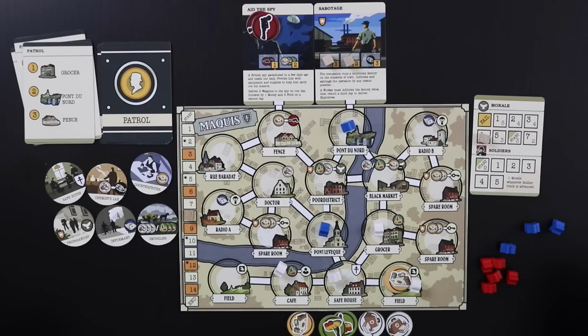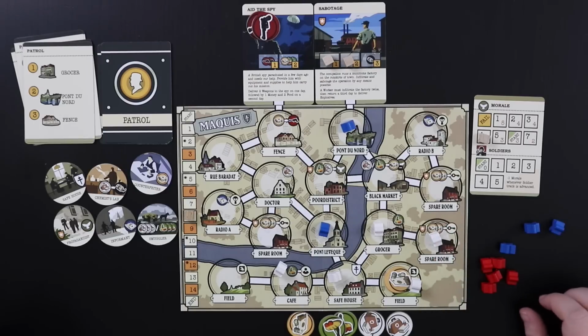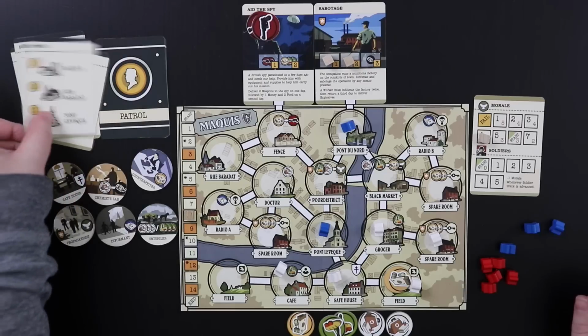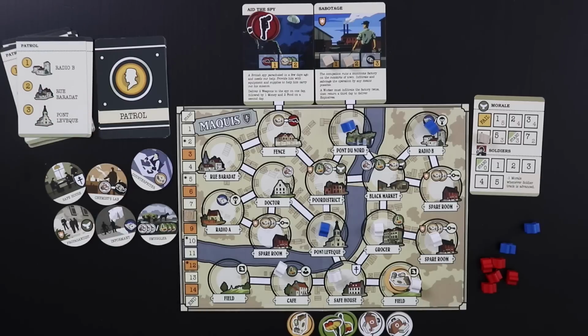We can resolve actions in any order, so let's get tricky with that. Let's go ahead and go to the spare room right here. And then these guys will go to Radio B. Where do we want to send our 4th guy? Let's go ahead and hit up